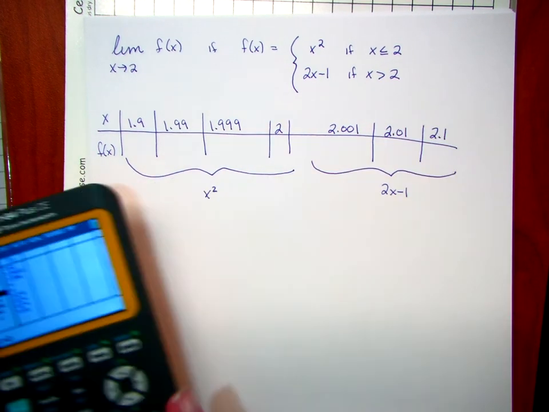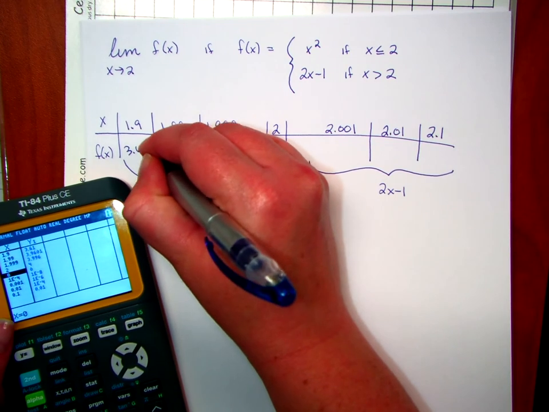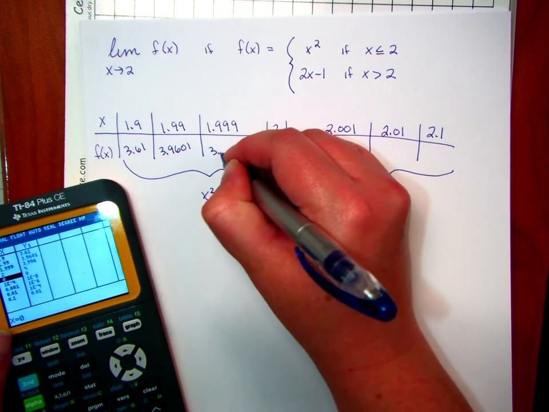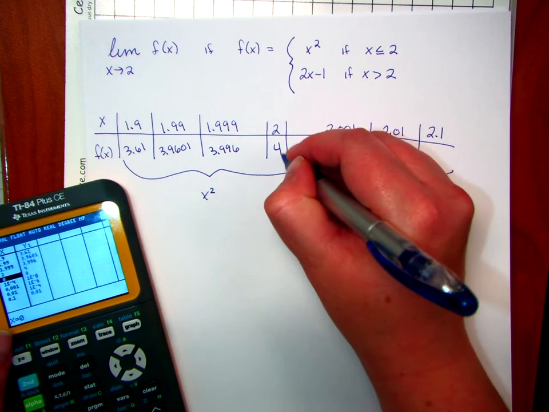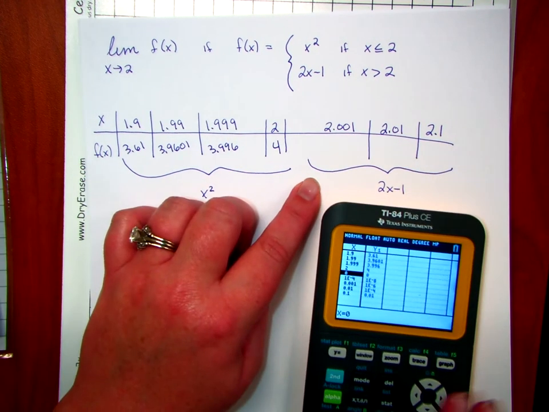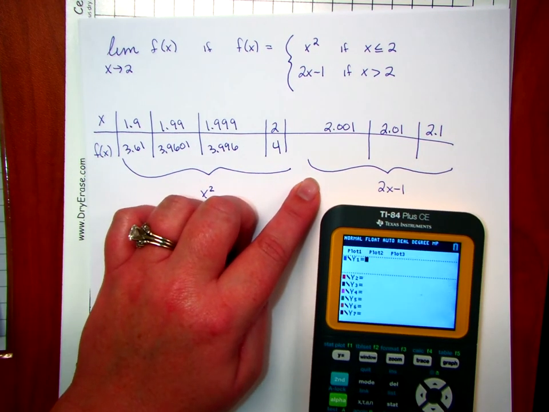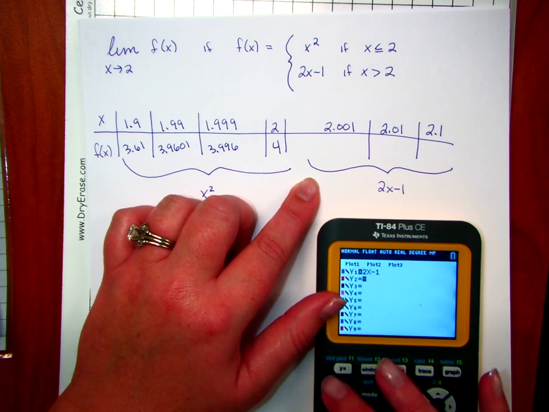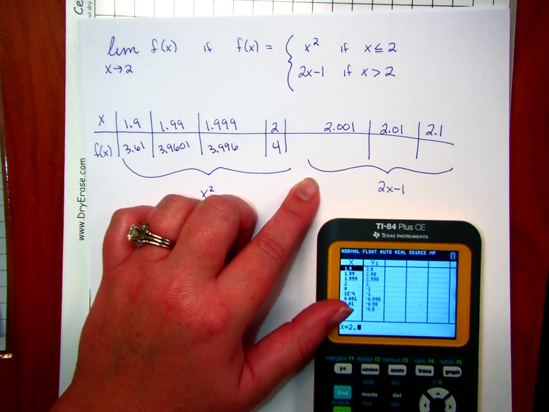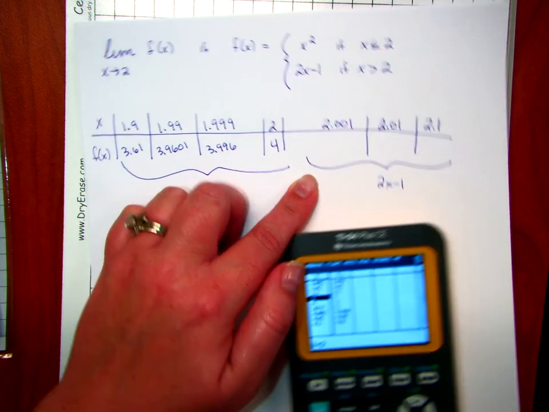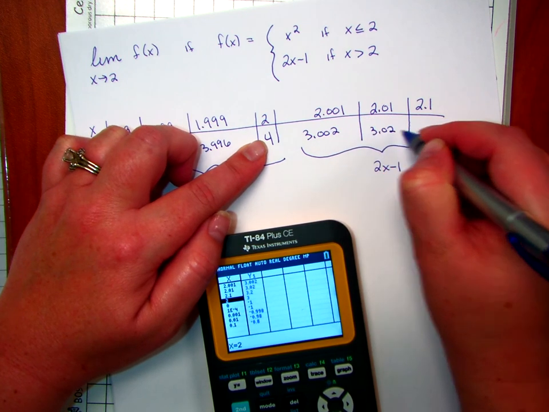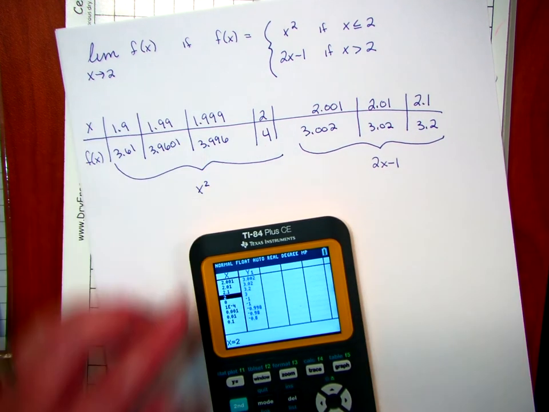Alright, so it looks like I have 3.61, 3.9601, 3.996, and 4. Okay, so then when I fill out this other table, I need to make sure I'm switching out the y equals. And I'm going to plug in 2.001, 2.01, and 2.1. Okay,